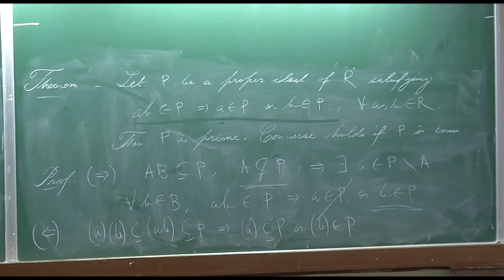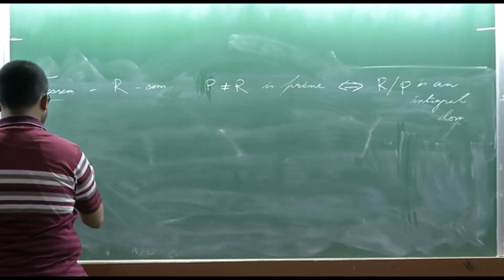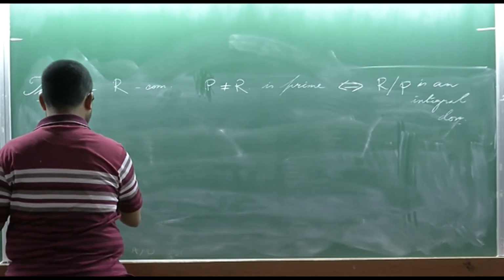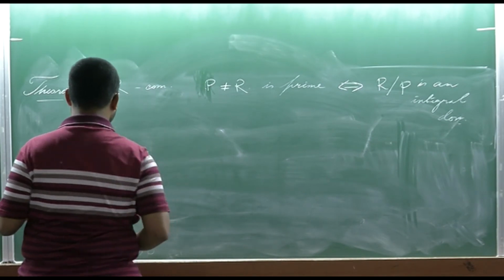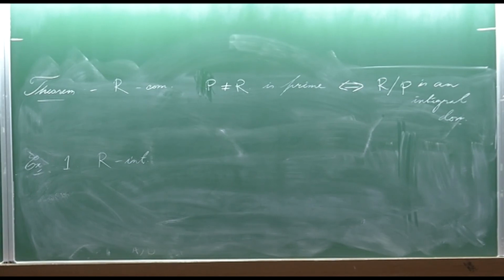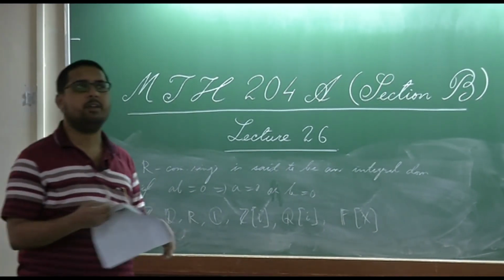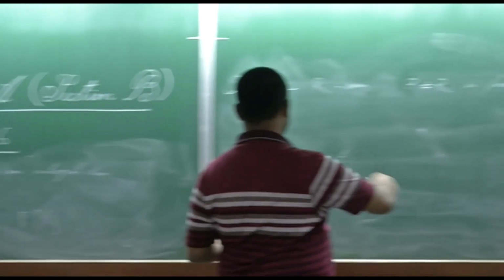Examples of prime ideals. So, if R is an integral domain, so what is an integral domain? Again, let me remind you, it is a commutative ring such that the product of two non-zero elements will again be non-zero. Okay. So, it is an integral domain,